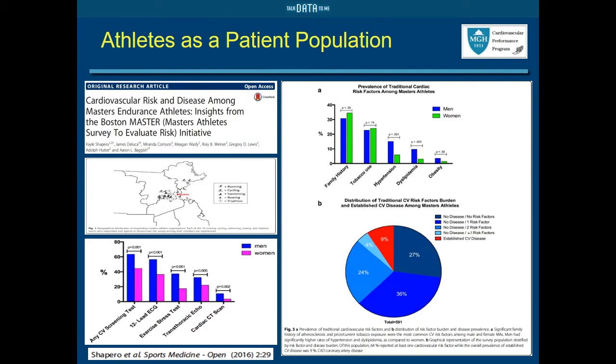In the business world, and I guarantee you every single one of you in the audience knows more about the business world than I do as a doctor, you understand the importance of market research. Well, as medical professionals, we understand market research too. We just label it something different. We call it population epidemiology. And this is an example of our market research as sports cardiologists.